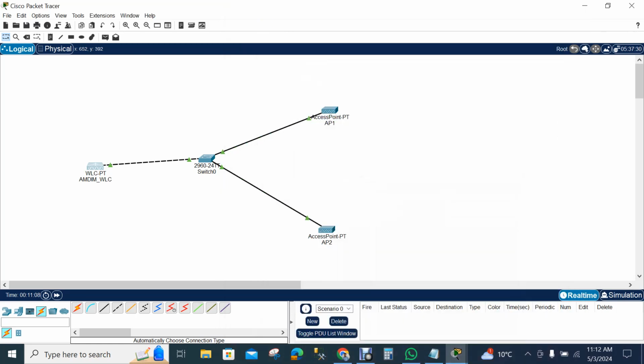So in here I can write something for a good memory. Sorry, this WLC IP should be 10.0.0.10, and DNS can be like this, 10.0.0.10. Okay,